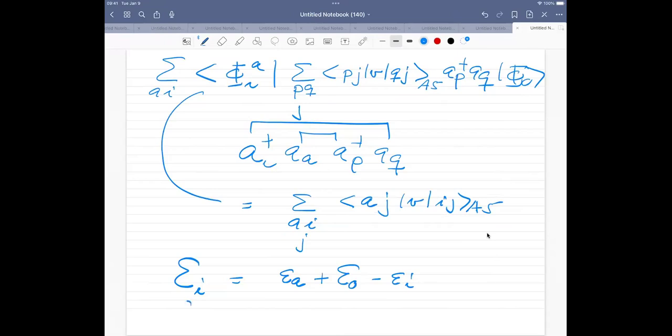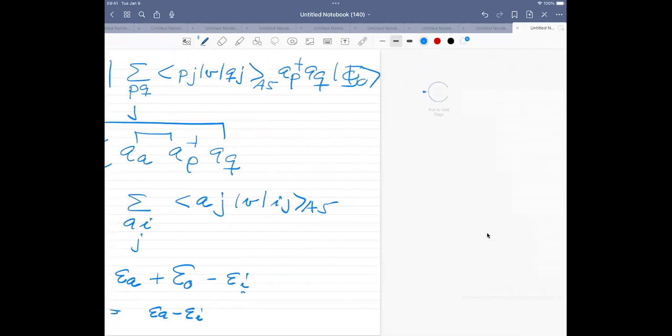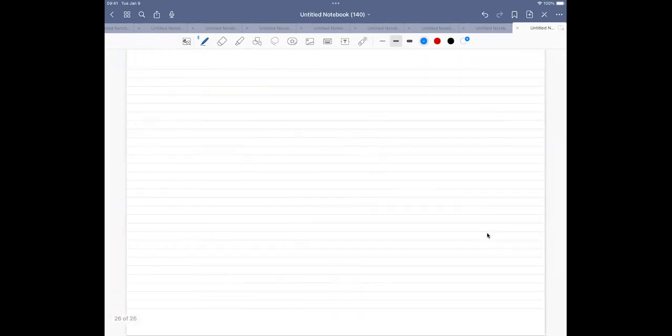Then my denominator has epsilon 0 minus this epsilon I, so these two i's are not the same, but this becomes equal to little epsilon A minus little epsilon I. And if I collect all these terms, what I get then is the term with the one-particle, one-hole intermediate states. If I collect everything, what I'm going to get then is a contribution to delta